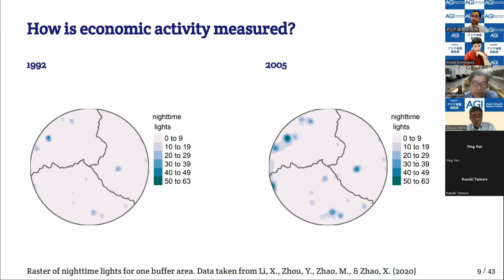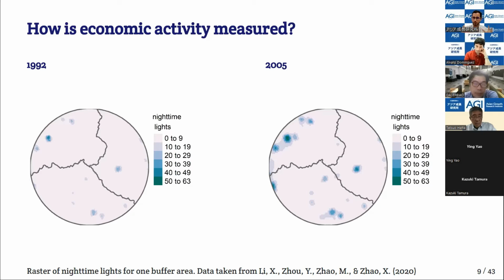Luckily, we can get nighttime lights from 1990 until 2022. And actually, in the year 2020, a team of researchers here from Asia harmonized the data from different satellites that we have. So we have some satellites working in the 90s, measuring nighttime lights, and some different satellites in the late 2010s, and they harmonize all this data so that we can study the variation over time. So here we have yearly averages, all the way from 1992. In this paper, we're going to use it from 1992 to 2020.